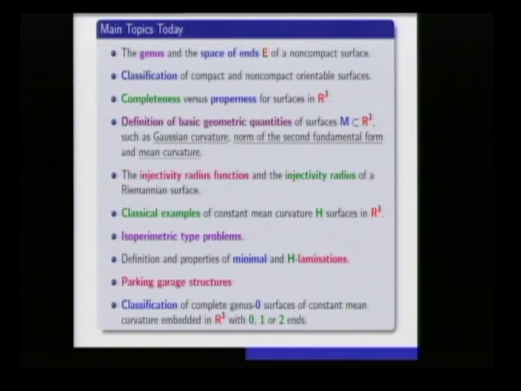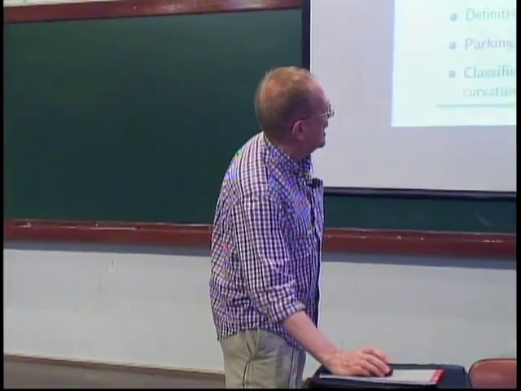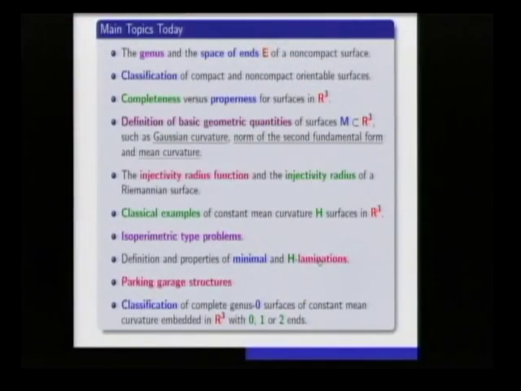There are lots of foliations of space, and some of these foliations may have constant mean curvature leaves. In other words, the surfaces that represent some part of the lamination or foliation might have constant mean curvature. So we're going to be looking at what are called minimal and H laminations. An H in my course will usually mean constant mean curvature H. H is going to be a number.